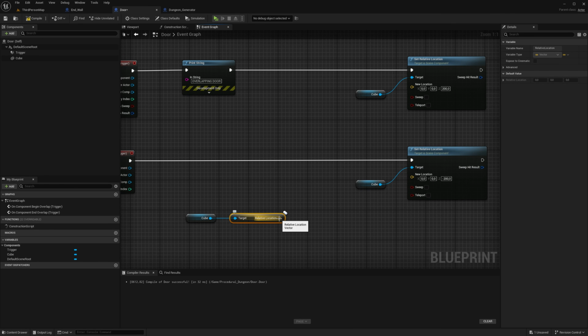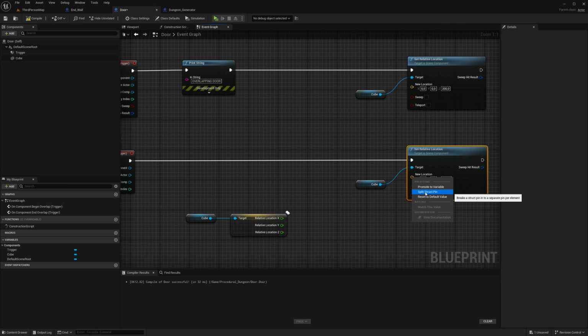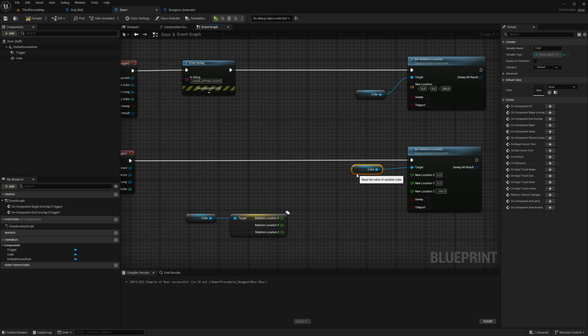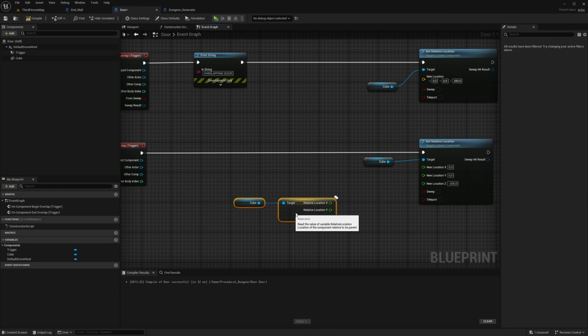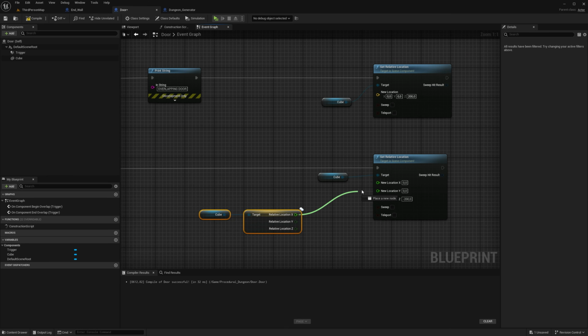And then we need to split this struct pin, and we need to split this also, split struct pin. Then we have X, Y, and Z, X, Y, and Z. So we don't want to do anything with X, so we just pass it along, and then do the same for Y. Sorry.